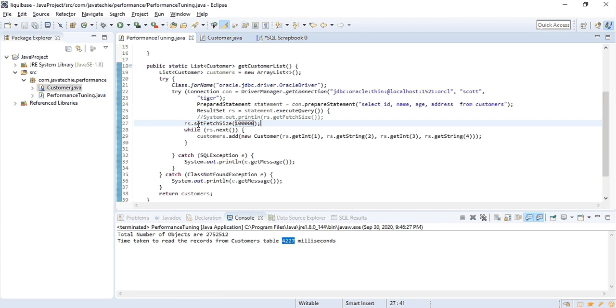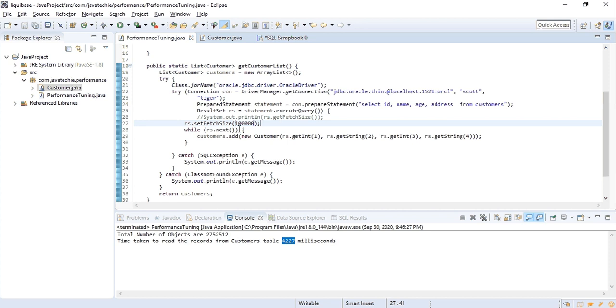Why, even though we are giving a high fetch size for the result set, are we not seeing any significant improvement in the execution of this particular program?